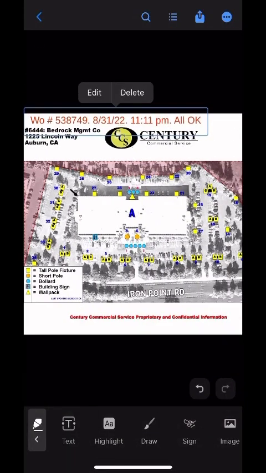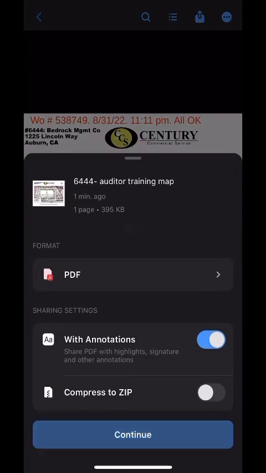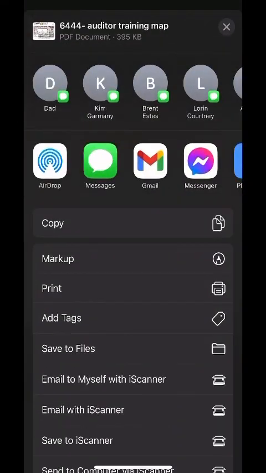Put that over here. And then go ahead and press the square with the arrow, continue, save to files,